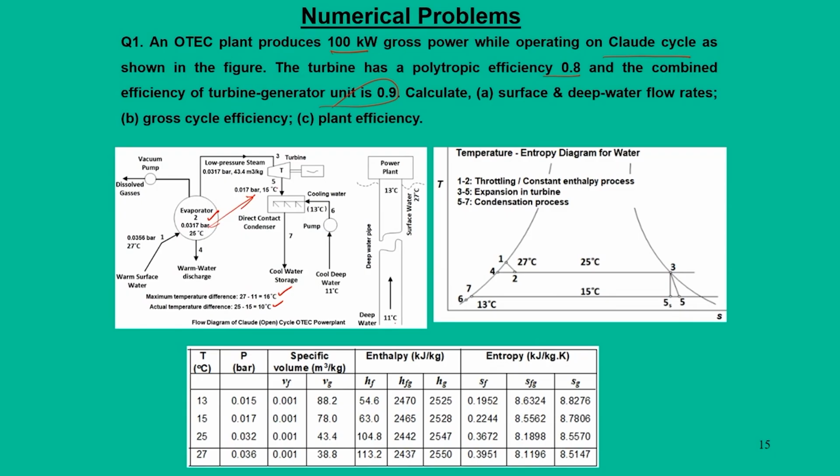All the numbers denote the available temperatures, and when you incorporate this in the TS diagram, it looks like this. From 1 to 2 is a throttling, 2 to 3 is an evaporation process, 3 to 5 is your turbine process, and 5 to 7 is your condensation process. This is nothing but a typical ideal Rankine cycle